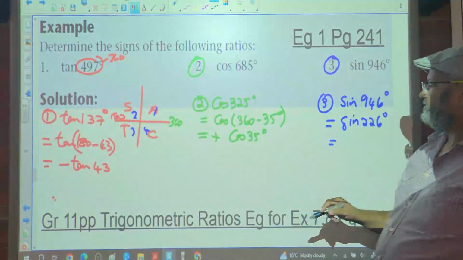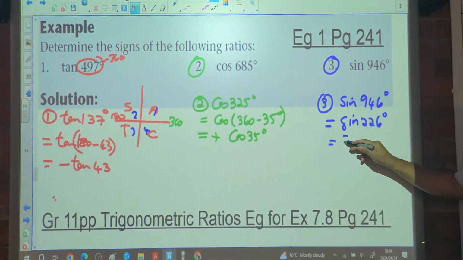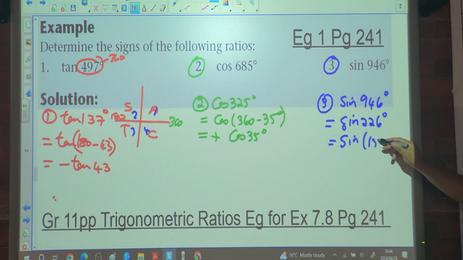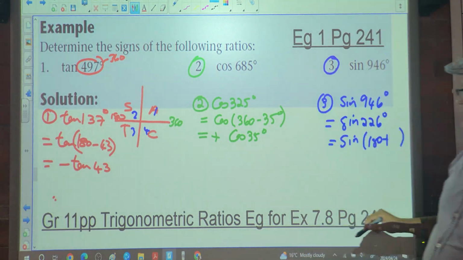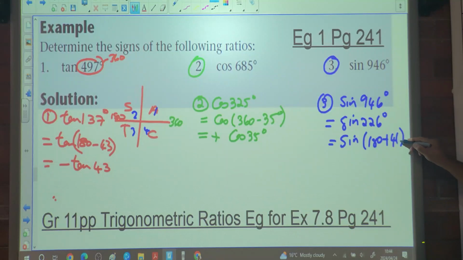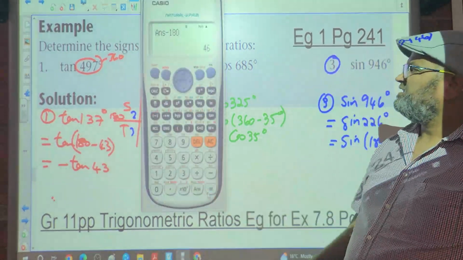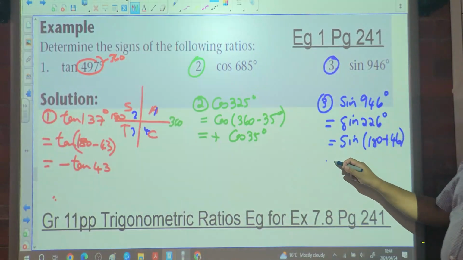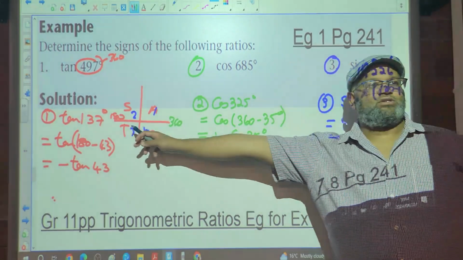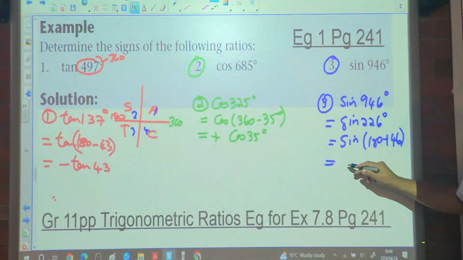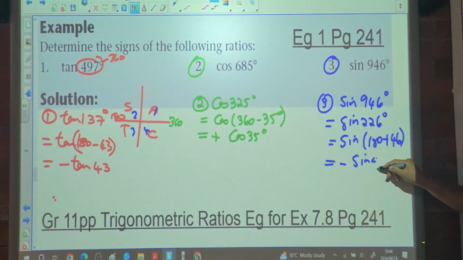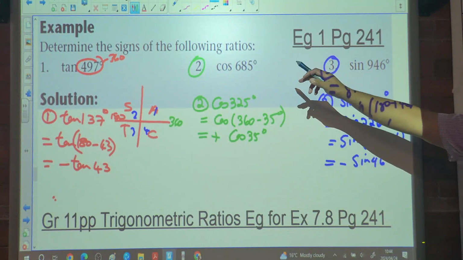So what do I say? Sine of 180 minus some angle. Sorry, plus. So sine 180 plus 46. Check here, 226 minus 180 is 46. So is sine positive or negative in the third quadrant? Negative. So it's negative sine. But remember the question was